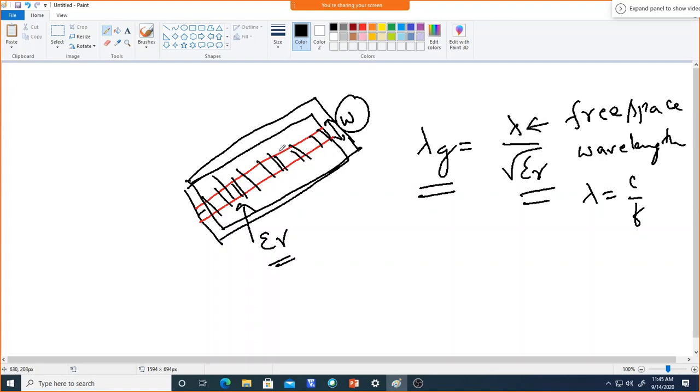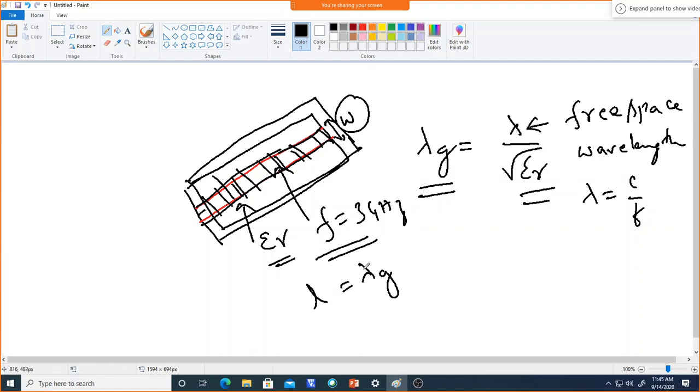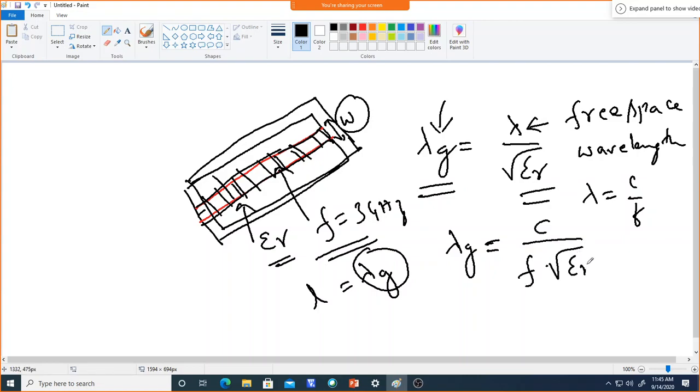Now, the length of the conductor for a particular resonance. Say, for example, if I want to design this strip line at f equal to 3 gigahertz, then the length will be calculated in terms of lambda g. That's why you need to calculate lambda g using this equation, and only then, for a particular frequency, can we decide the length. In general, lambda g in terms of frequency, if you want to calculate, is f into root epsilon r.